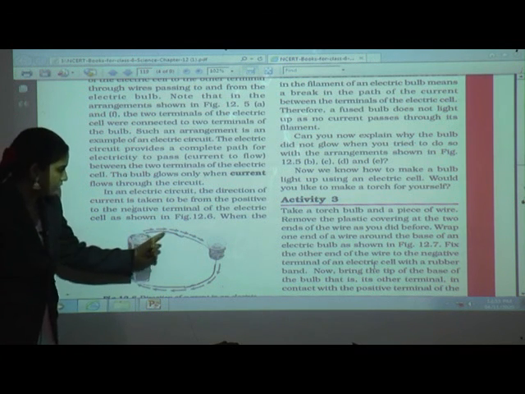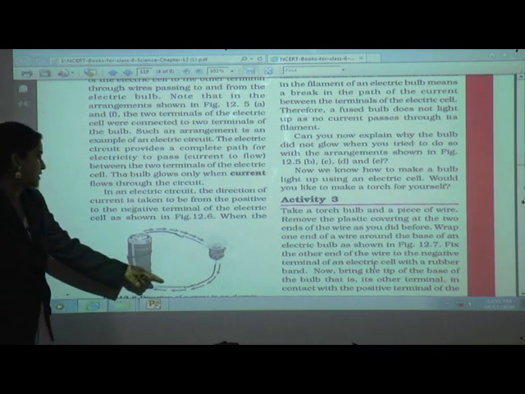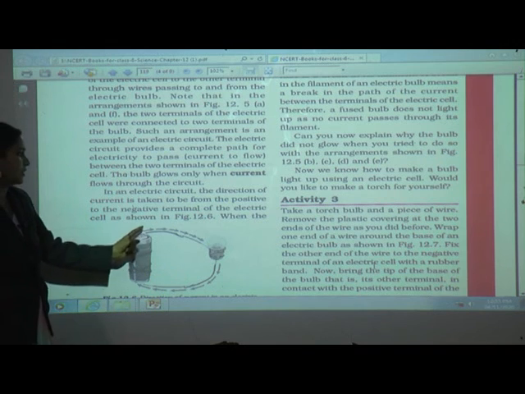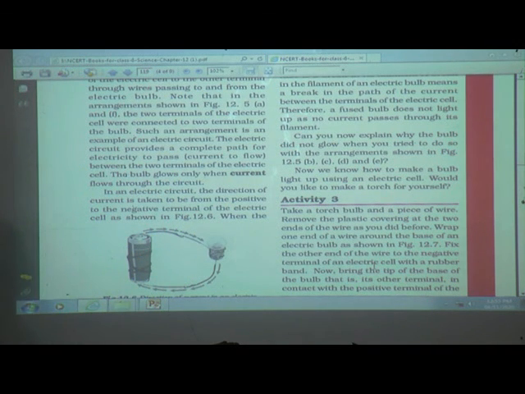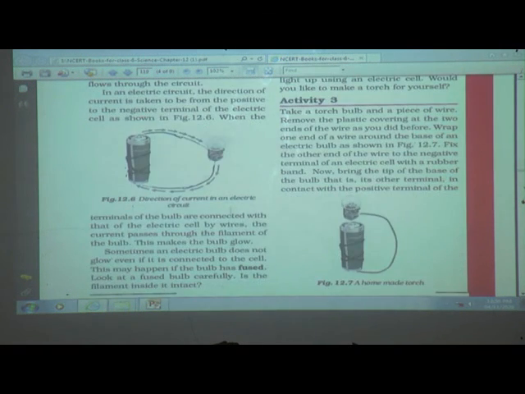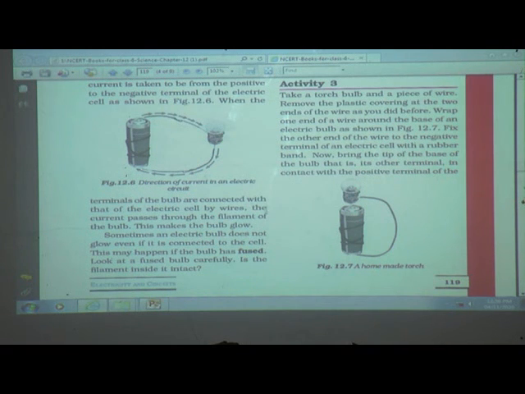So your electric cell, see here, the current will flow like this. Now when the terminals of the bulb are connected with that of the electric cell by wires, the current passes through the filament of the bulb. This makes the bulb glow.